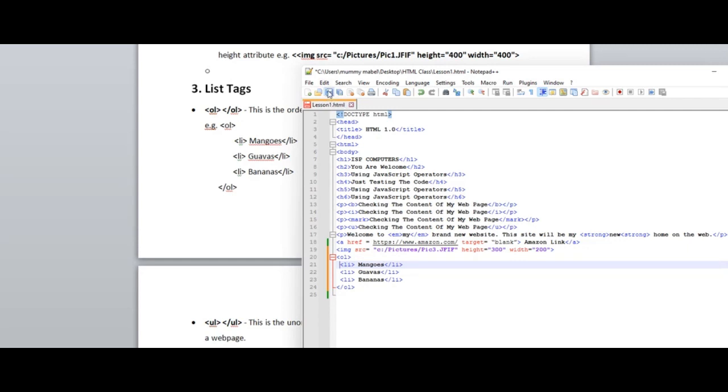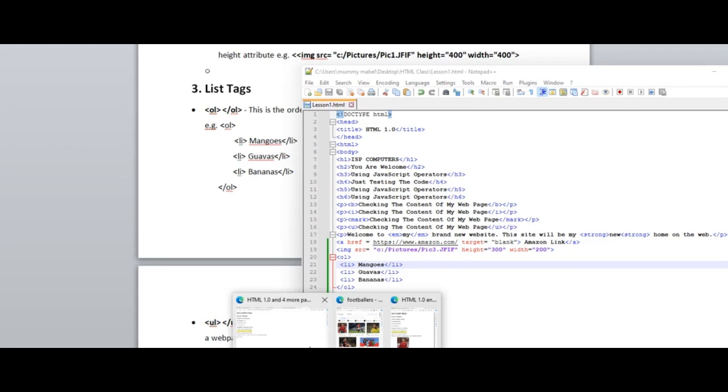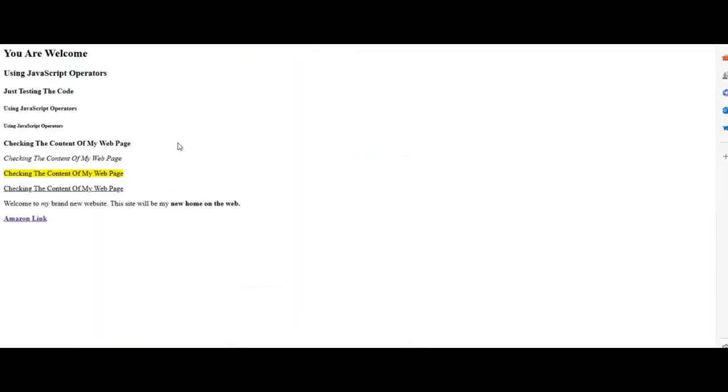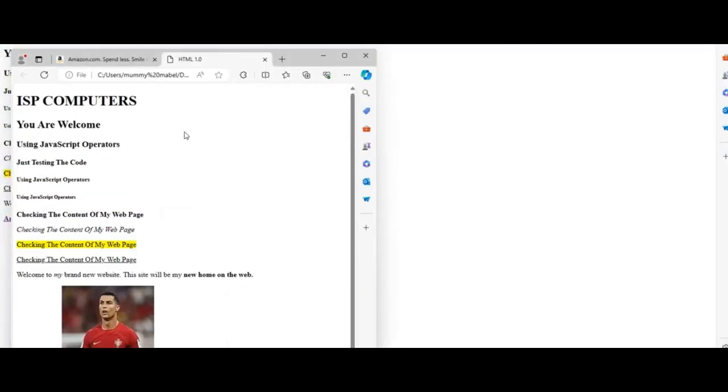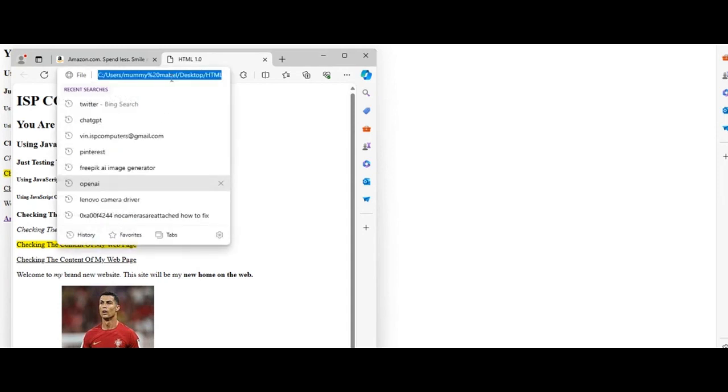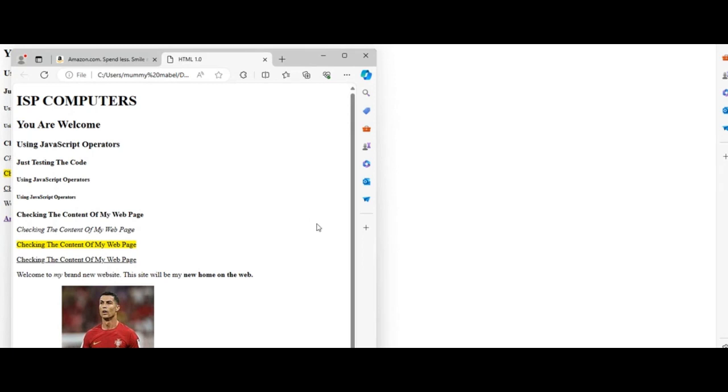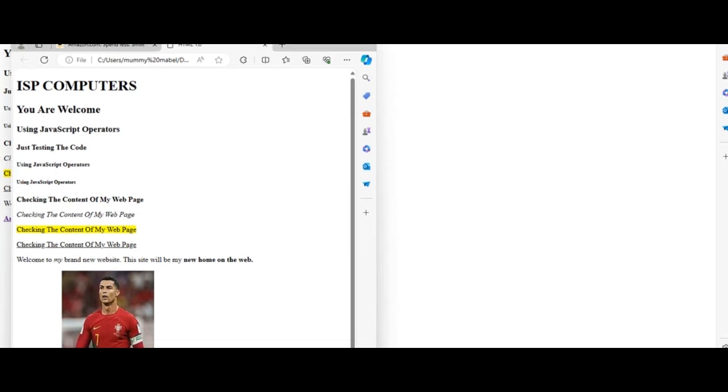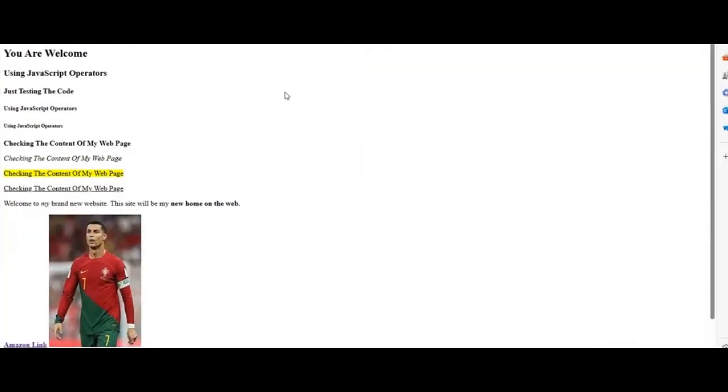If I click save, I open up my browser. Where's my page which I'm working on? This is it here. This is the page. Is this the page? Okay, let me check again. Okay, this is it. This is the one we've been working on. So if I click on it and I press enter, you will see it reflect. I press enter now. Let me take it up. You will see that the list